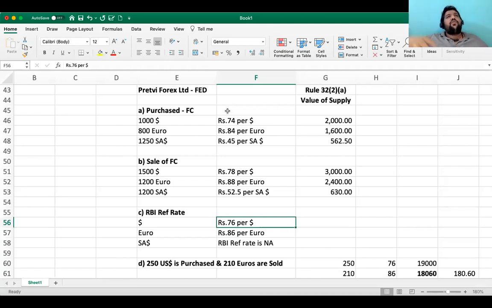Come on, you do a big transaction, you go to that fellow and do business. I'm not bothered about it. The purpose of a foreign exchange dealer is, if the transactions are of less volume, they will be handled by the foreign exchange dealer. If the transactions are of large volume, they will be handled by RBI itself. At that time, you will get better rates.